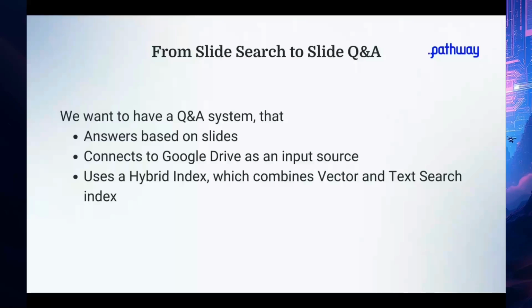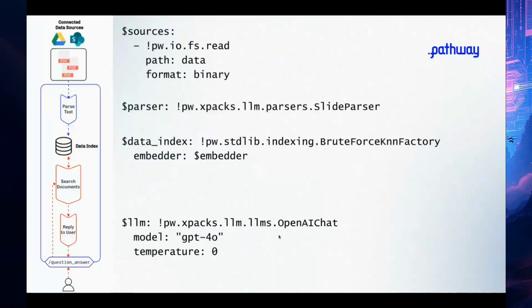Change the input source from the local file system that I used before to Google Drive. See how to change the index. And all of this will be done just in YAML. I will start with the default YAML as it is on the GitHub and then make some changes. So let's see quickly what it looks like. It's a simplified code snippet, but